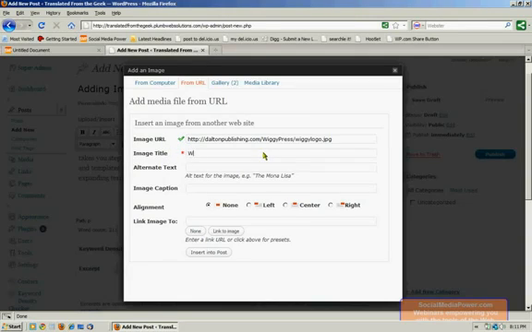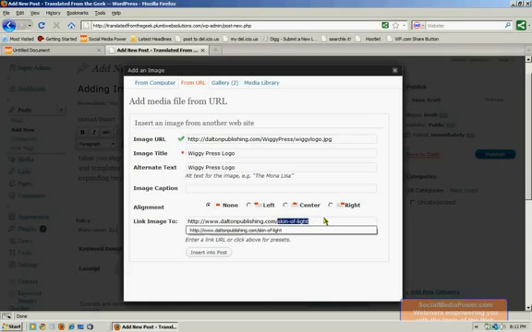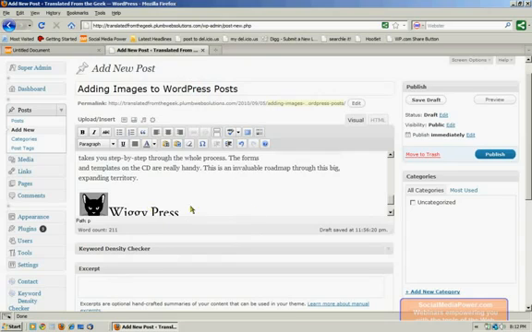If we want to give this a descriptive title, and again, alternate text, and an optional caption, which I will not do this time. Now, as far as the alignment goes, I'm just going to give it no alignment because I don't actually have any text wrapping around it or near it. And I do want this to link to Dalton Publishing homepage. And when I click on Insert into Post,